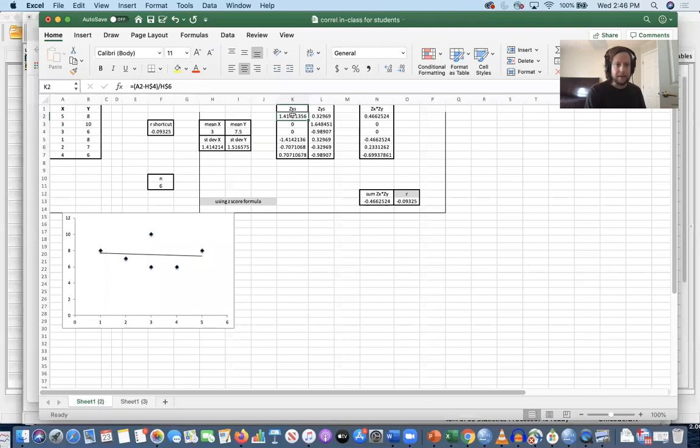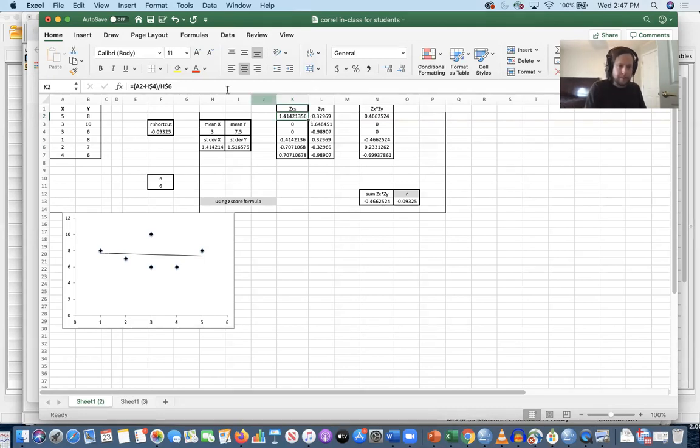So the way you do that, here's an example of a formula. A2, that is an X value, minus H4, which is the mean of the X's. So an X value of 5 minus the mean of the X's, which is 3, 5 minus 3, which is 2, and then divided by H6, which is the standard deviation right here. So that X value minus this mean divided by the standard deviation, that's what this is right here, and you get this value right here,